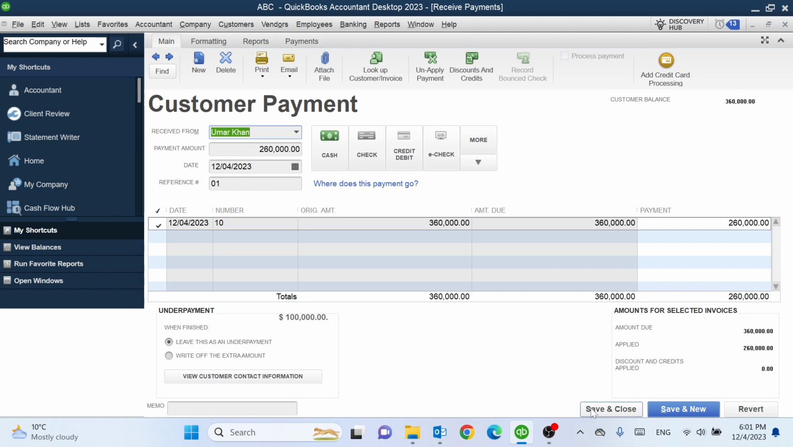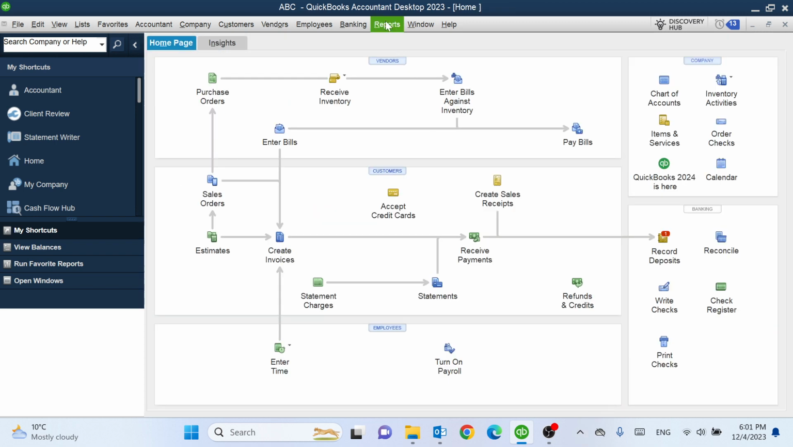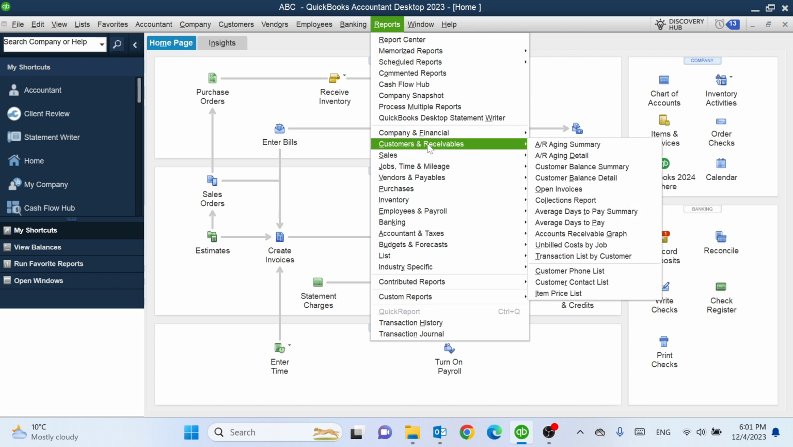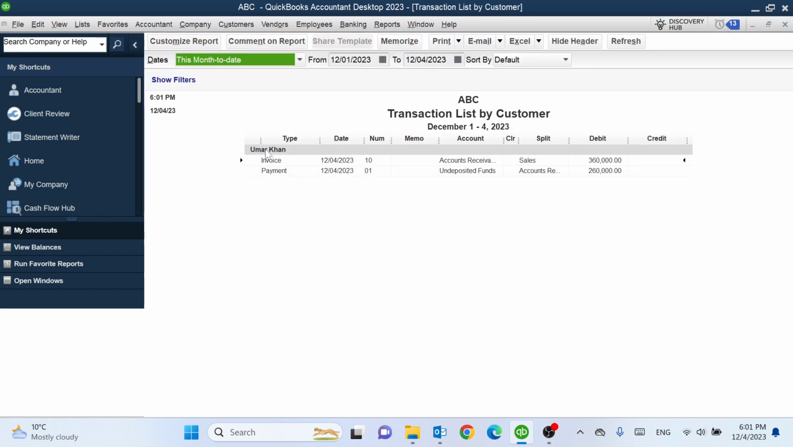If you want to delete this transaction from your reports, click on reports, then click on customers and receivables, and then click on transaction list by customer. Here you can see your transaction list by customer for Umar Khan. This shows the invoice that you sent to your customer for the amount of 360,000, and here you can see the payment of the amount of